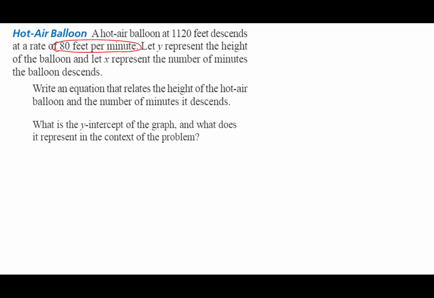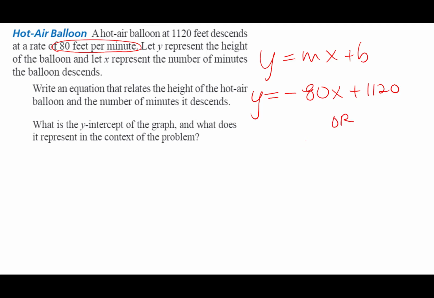First, we're going to write an equation in slope-intercept form. And so we'll have y equals, it descends at a rate of 80 per minute. Descend means going down, so we're going to represent that as negative 80x. And remember, x is the number of minutes, plus 1,120. You can also write this in the reverse order. You can also say 1120 minus 80x, because the balloon starts at 1120 feet, and then every minute it goes